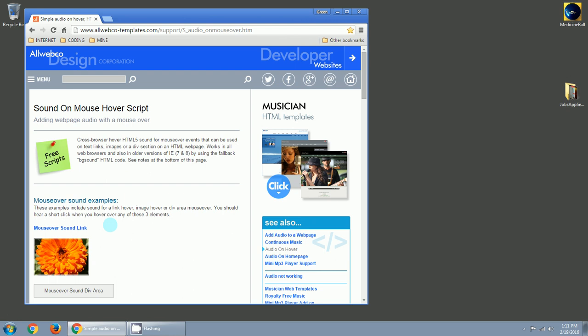So I'm going to hover, and since I have my headphones on, you may or may not hear that click. I can move the speaker a little closer to me and maybe you'll hear it. I'm going to hover over the image. Can you hear that? I'm going to hover over the div area. Okay, so